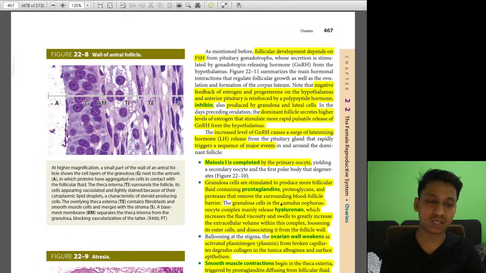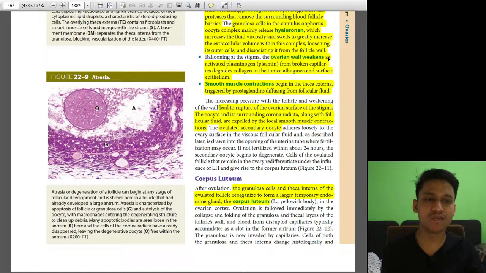The granulosa cells in the cumulus oophorus oocyte complex mainly release hyaluronan, which increases the fluid viscosity and swells to greatly increase the extracellular volume within this complex, loosening the outer cells and dissociating it to form the follicle wall, ballooning at the stigma. The